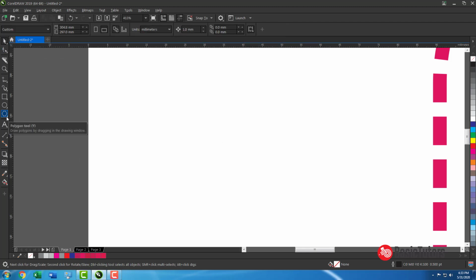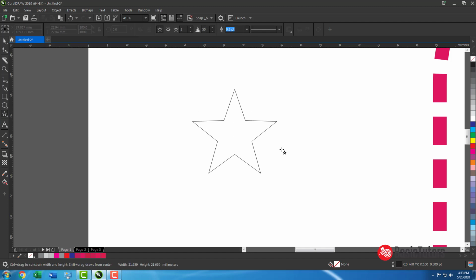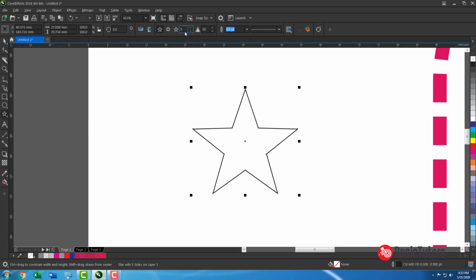But if you click on star, you can have two things. One is the number of sides or points. The other one is sharpness, like the density. See, now it is at 50. If you increase it to 20, what will happen?